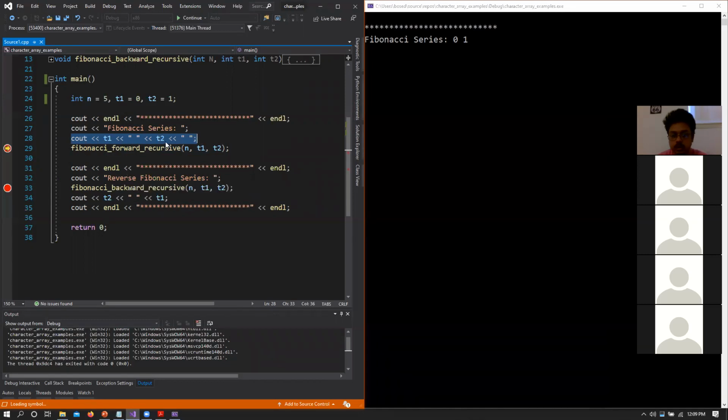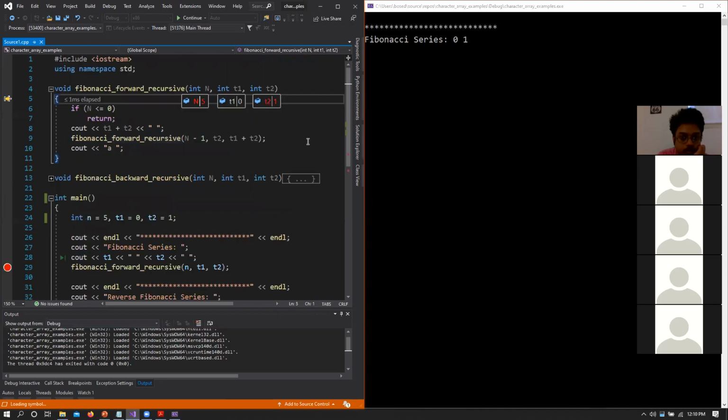Yes. Okay. So we are at this particular point here. Notice the arrow here. Now let's see what goes on. We are calling this function and at this point, it has already printed out 0 and 1, but now n is 5.